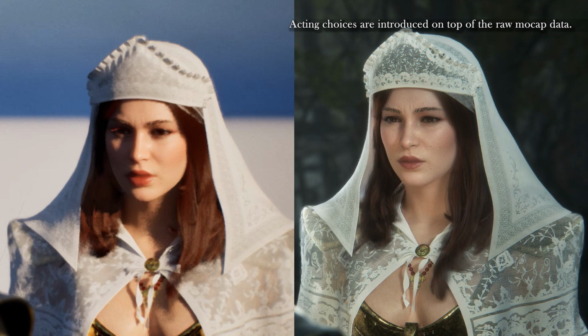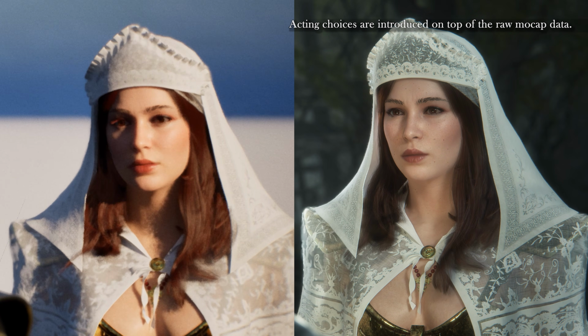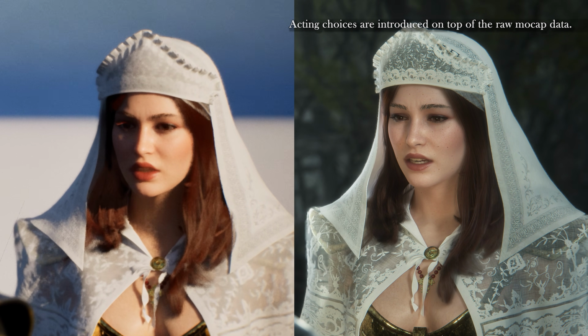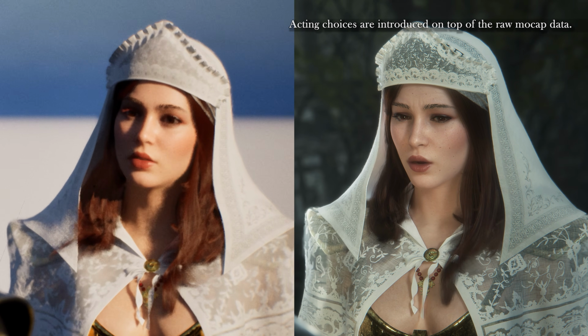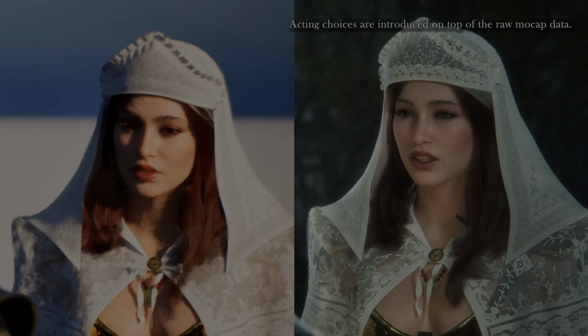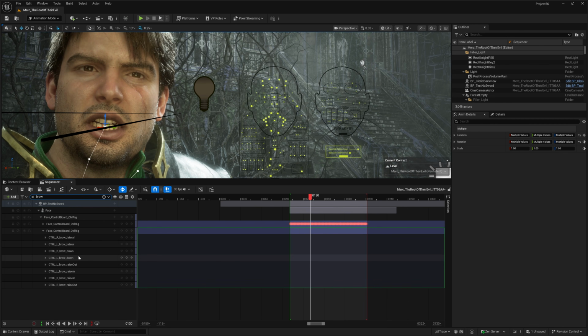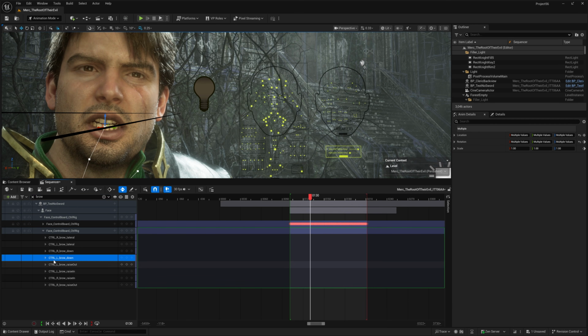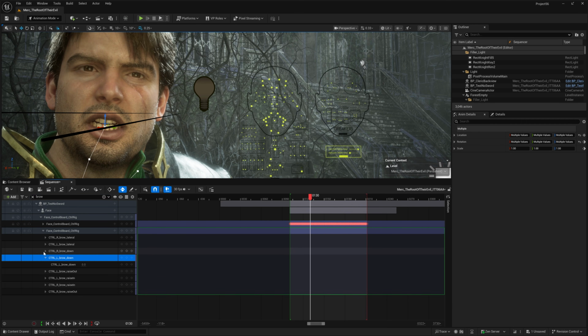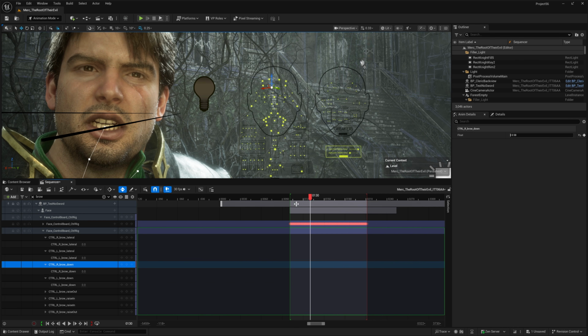This is really where knowing your character's personality comes in. It's a good idea to study actors because they're the masters of stressing and accentuating emotional notes. To do this, we'll go back into the additive control board layer on the face, the one we added to correct the eye direction. Then I isolate the brow controls to keep things focused.